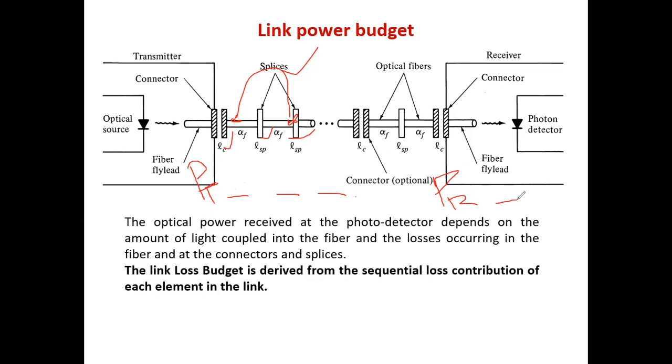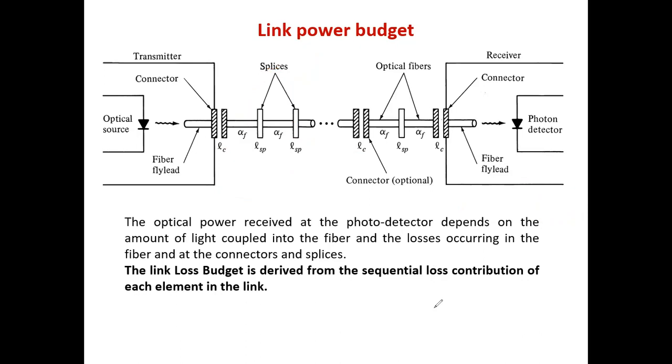To this receiver power, remember, I have to keep a power margin when I am designing. In some numericals, they will tell you to calculate the power margin. What you have to do, very simple, from PT you keep on subtracting everything, and then see what is left. That is your power margin. In some questions, they will give you the power margin and tell you to calculate PT, or they might ask what will be the length of the fiber cable if the power margin is this, PT is this, PR is this. This situation will be present in all your numericals.